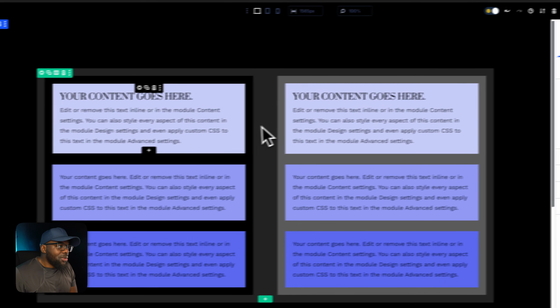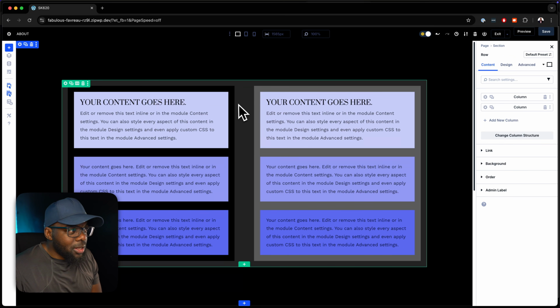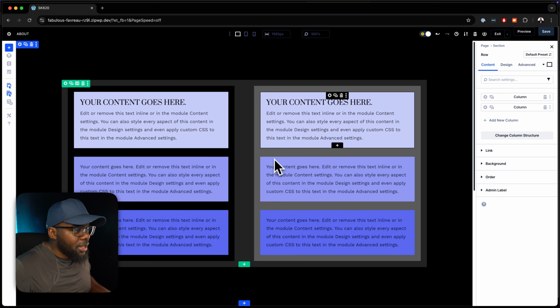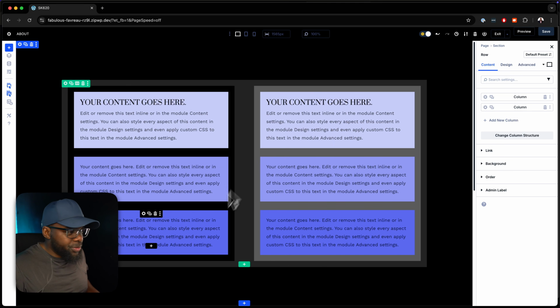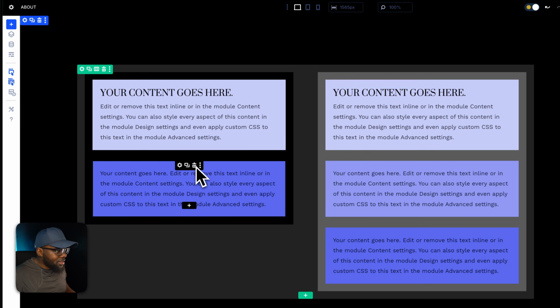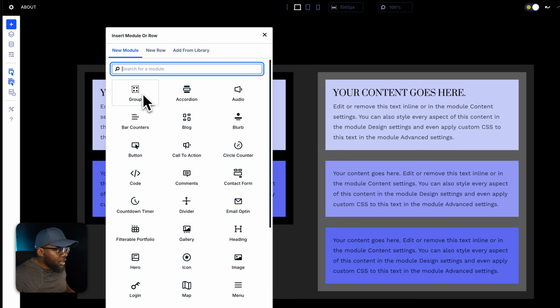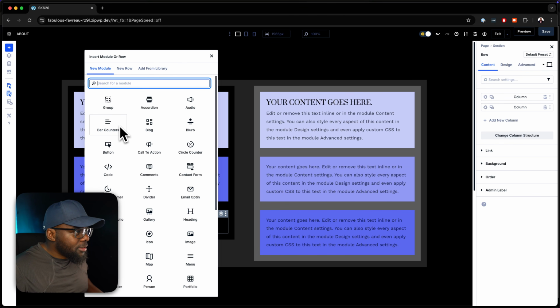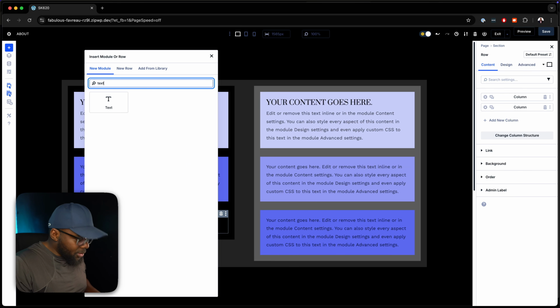Okay, so now that we have the columns and everything all working, there is also another level that you can go in and customize your designs, and this is by using groups. So why don't we add a group in here, because now this layout is going to be very exciting. Okay, so let's delete this and let's add a group, and in this group let's add text and a button. Okay, so we're going to go ahead and add text,